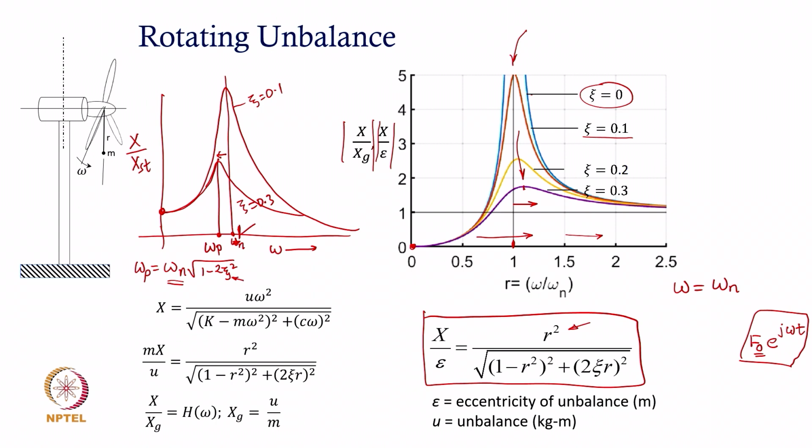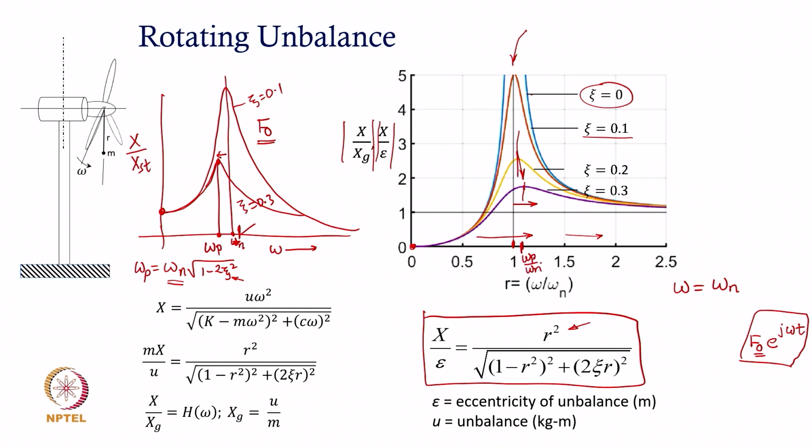So, the frequency at which the peak is observed reduces for the case of constant excitation force amplitude. Whereas, in this case we are observing that the peak omega p